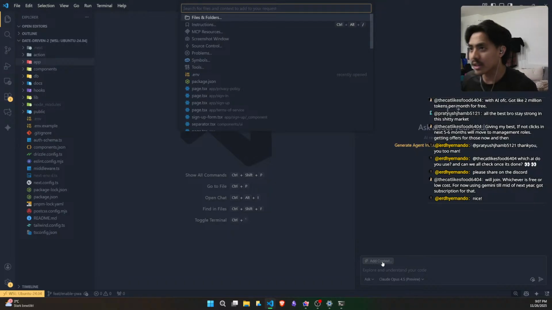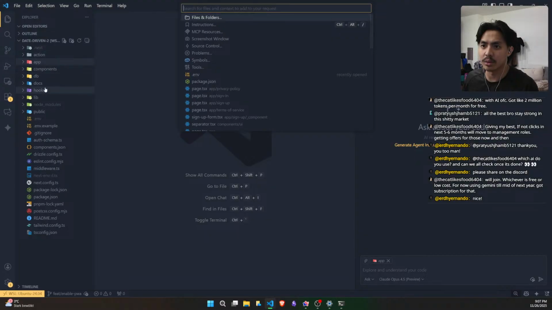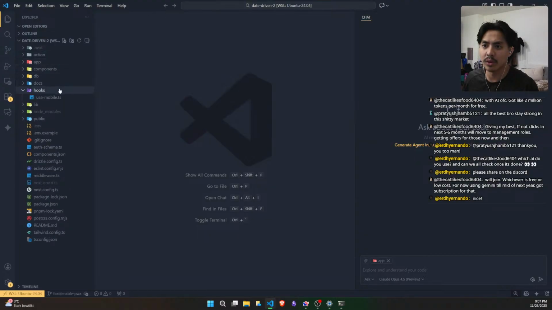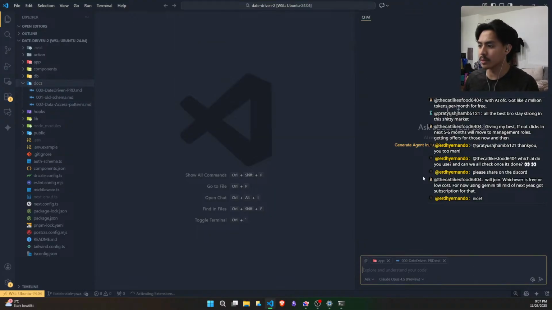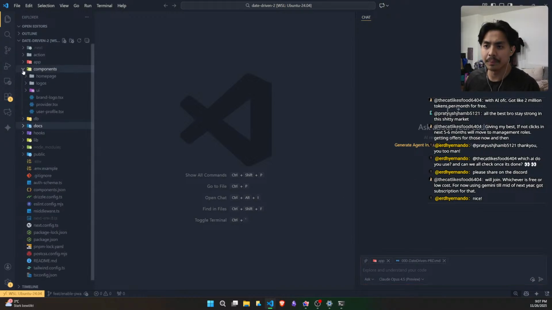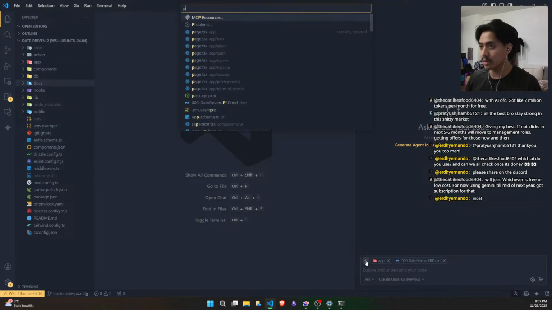Okay, let's add context. Let's add the app. Do we have the 000, which is the PRD? We could add, I don't know, the package.json.